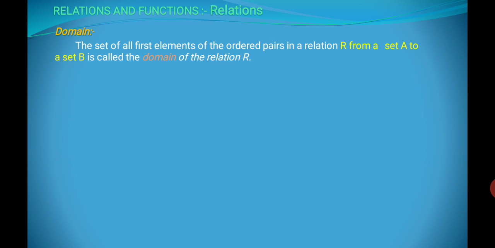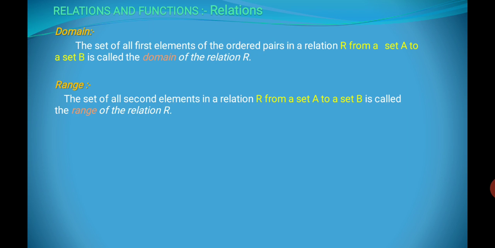The first set is always the domain in that relation, and the second set is always the codomain in that relation. Range: the set of all second elements of a relation R from set A to set B is called the range of